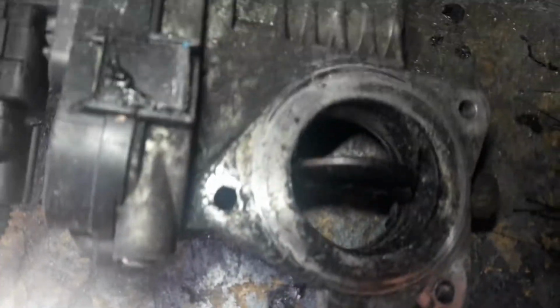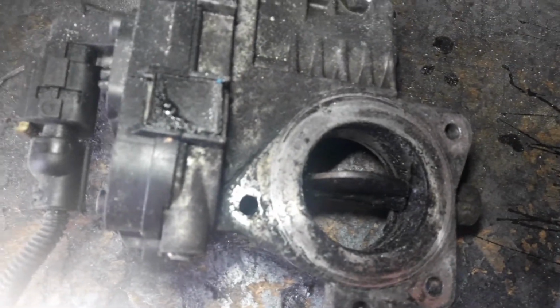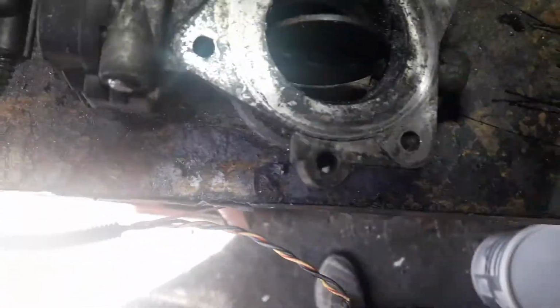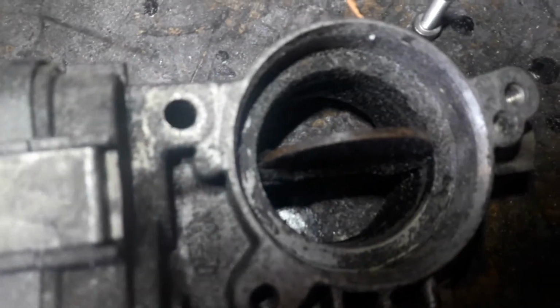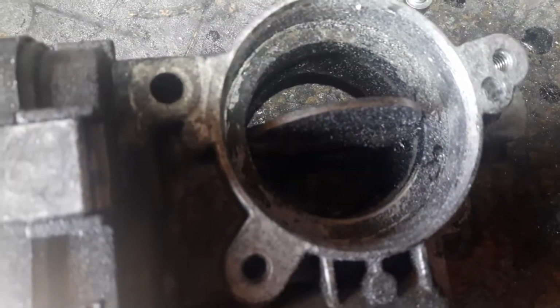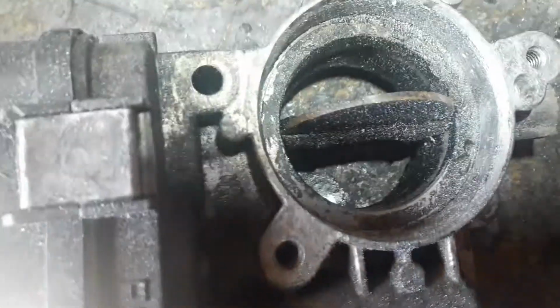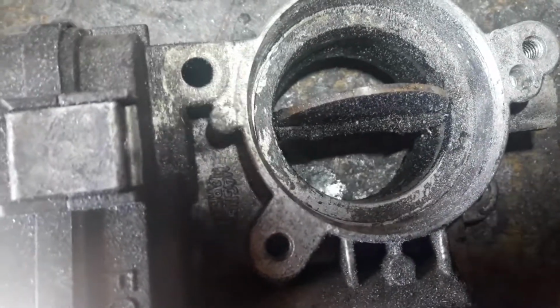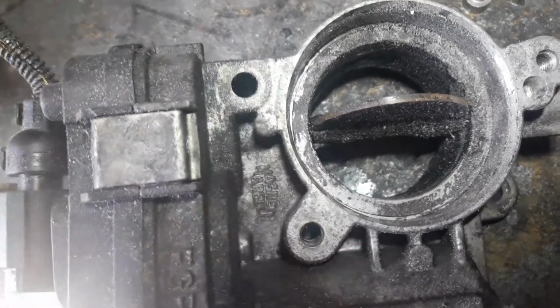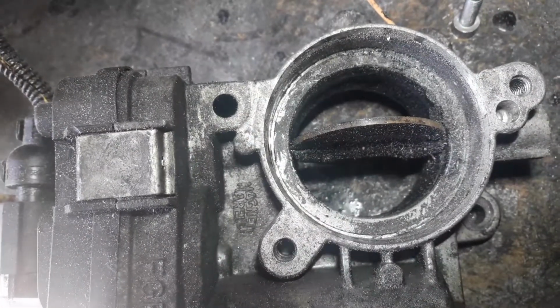As you can see, it's all black and gunky and horrible. The actual throat of the Anti-Shudder valve is reduced. So if I turn it over, you can actually see that the pipe itself, the original size, is quite considerably reduced by about a centimetre all the way around, which is quite a size really. And the reason that that's done is because it just makes it easier for that valve to close and restrict